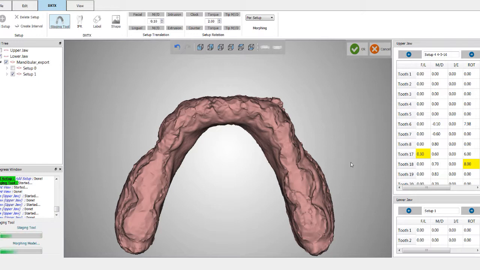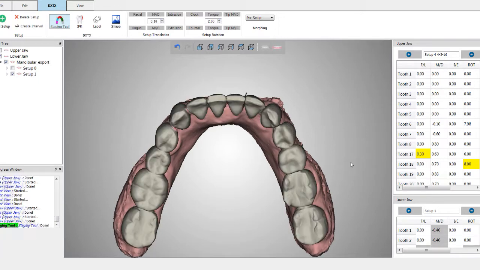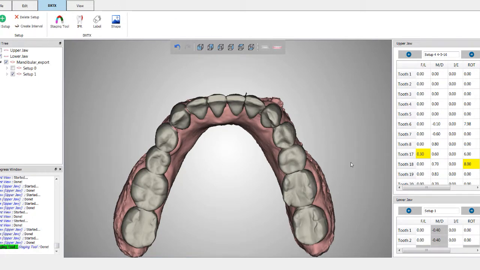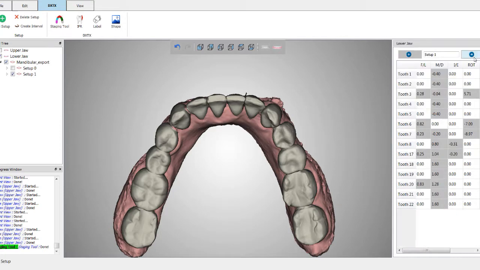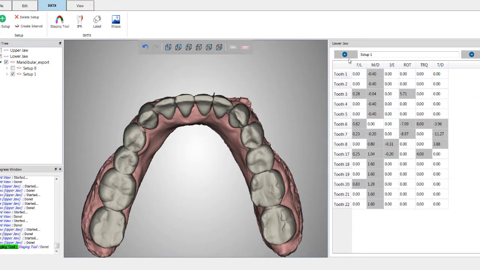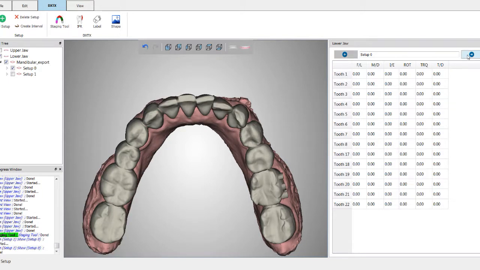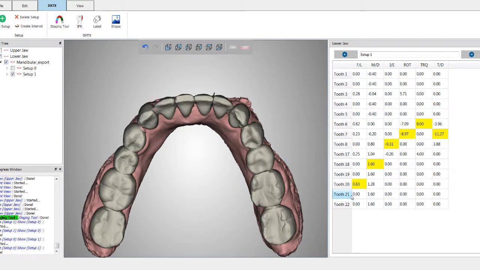So again, depending on the speed of your computer, it may take 30 seconds to a minute or so. Now, if you like, you can close the upper jaw and focus on just the lower jaw by clicking this little X here. So you can close either one. And then I like to drag this over. You might have to click back to setup 0 and then to 1 to have the software highlight all the